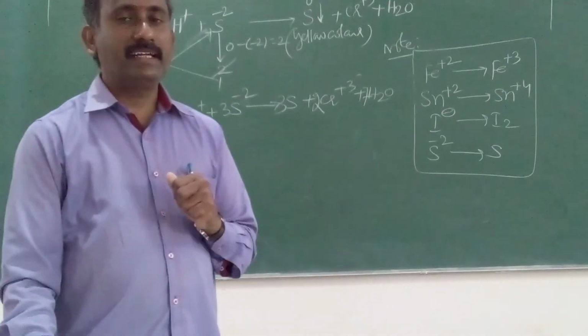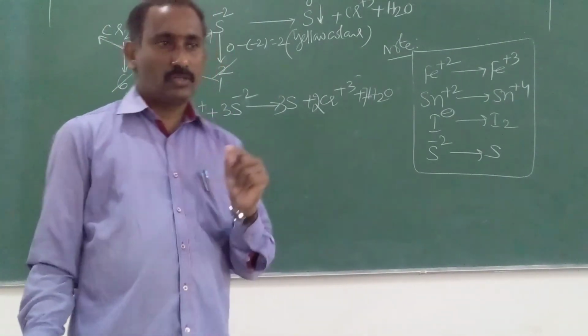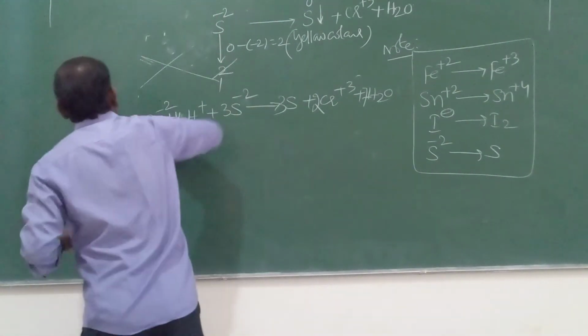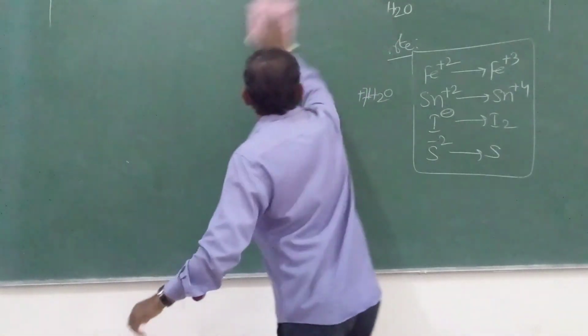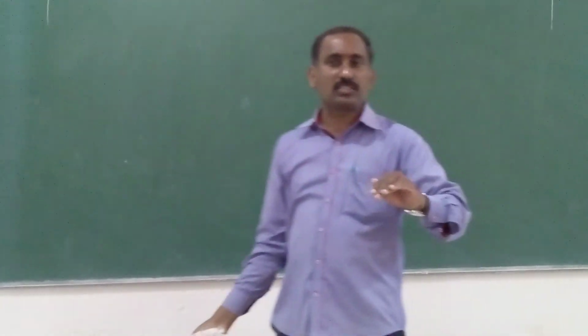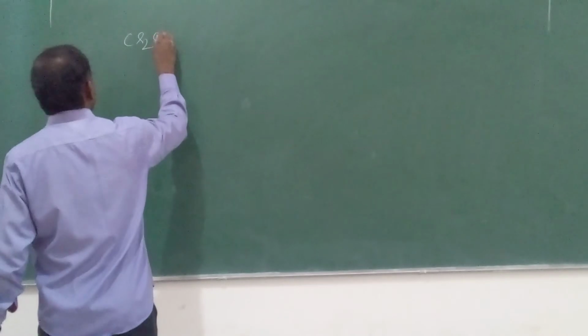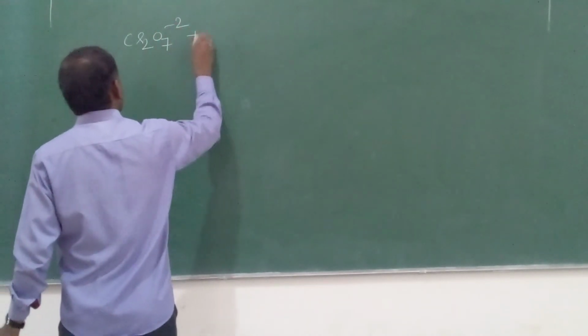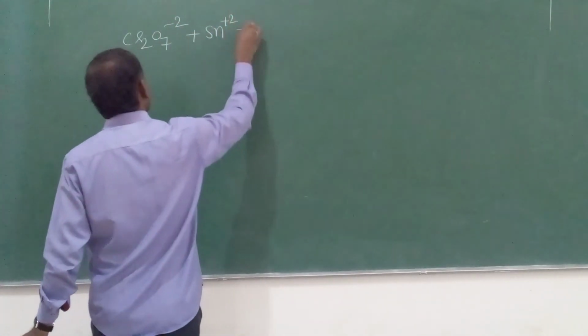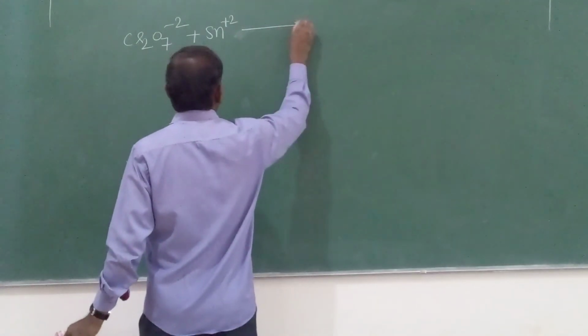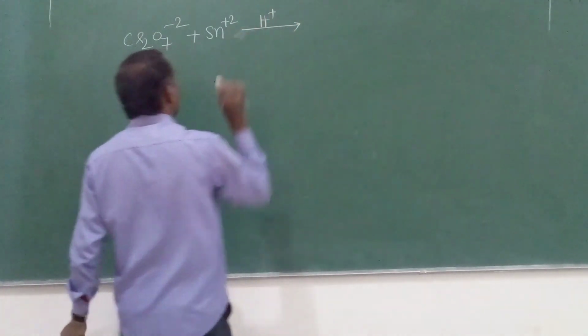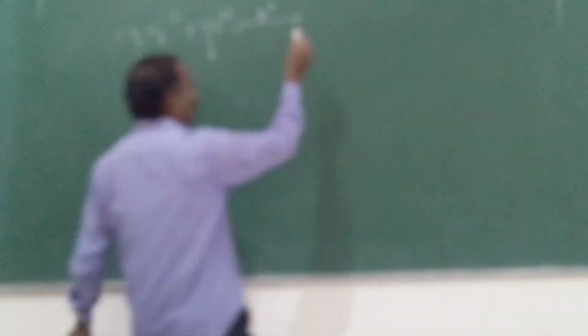Directly we are not able to identify, so first balance the equation. Just 1 minute. Stannous chloride is Sn plus 2, the lower oxidation state. Don't write this; this is how we have to check in an objective exam. Dichromate to stannous chloride, acidic medium; otherwise leave it. Now, just 1 minute. Dichromate, in fact, what? 6. Stannous, in fact, what? Stannous to stannic.